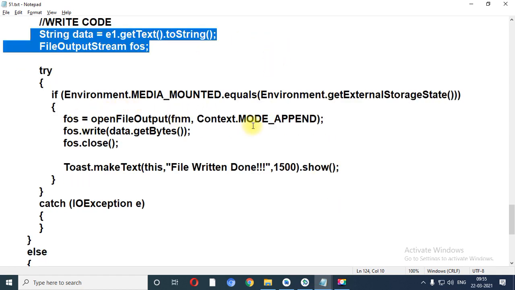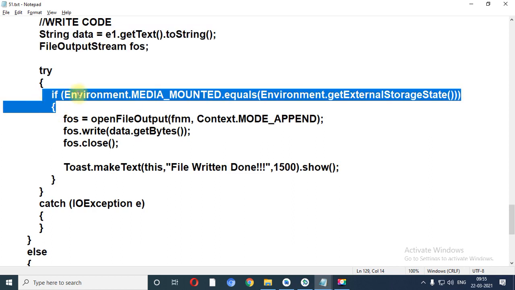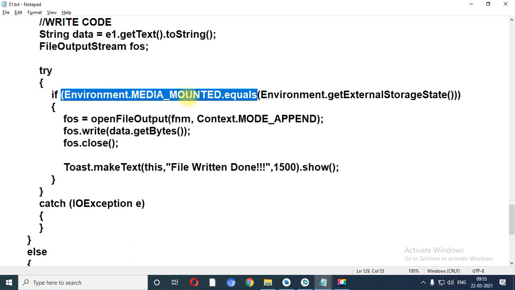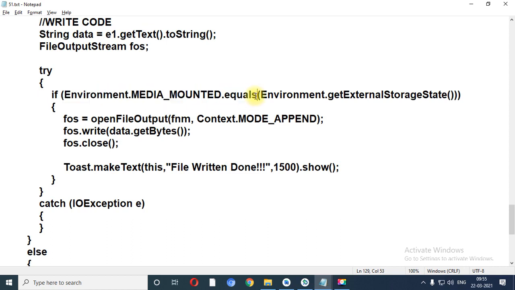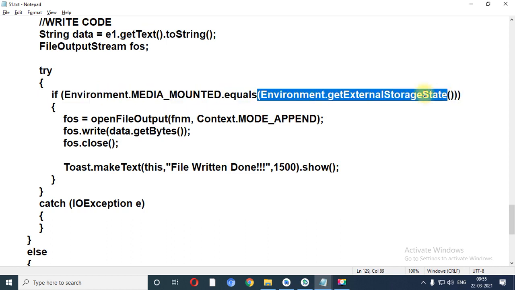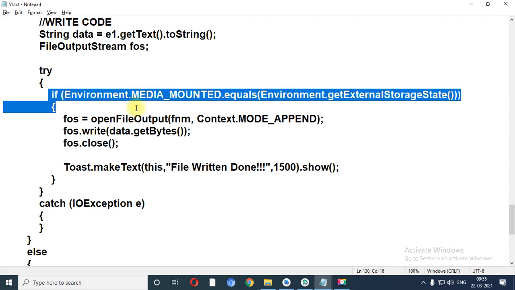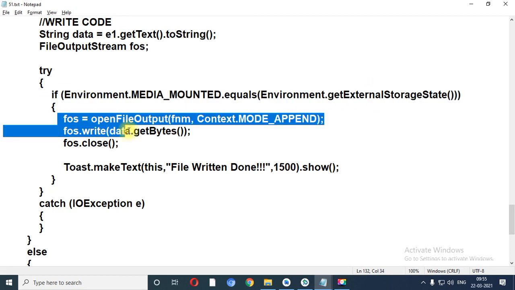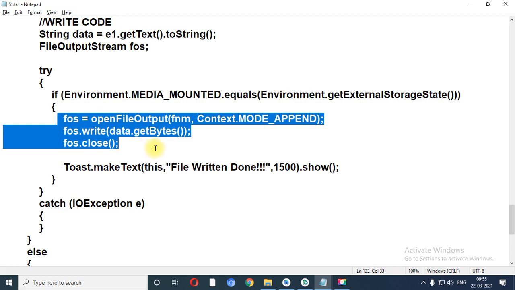Over here what you need to do is put only one condition, Environment.MEDIA_MOUNTED equals Environment.getExternalStorageState. It will return true if external media is available in your mobile phone. Then it will perform the write operation into the file.